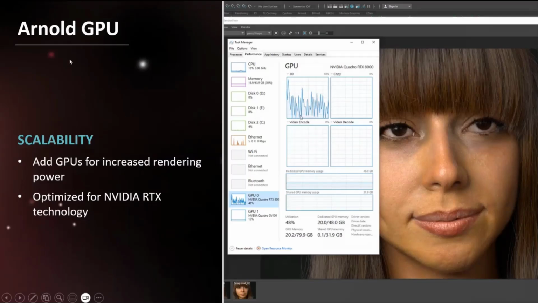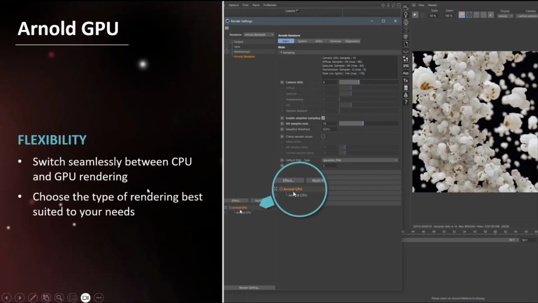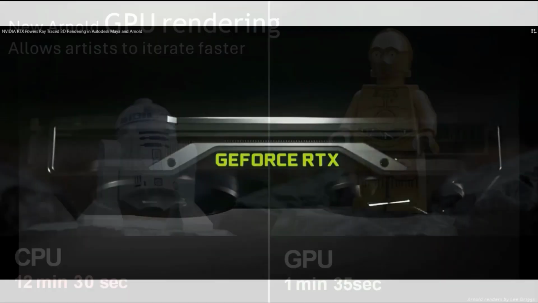Arnold has scalability on GPU and CPU, optimized for NVIDIA RTX technology. You can switch between GPU and CPU for flexibility, choosing the best rendering type. Again, this depends on your system, your graphics card.